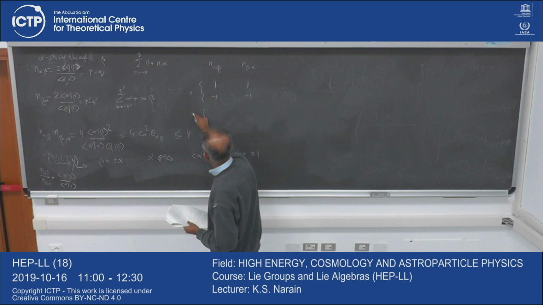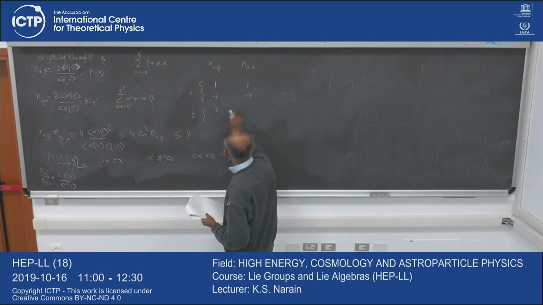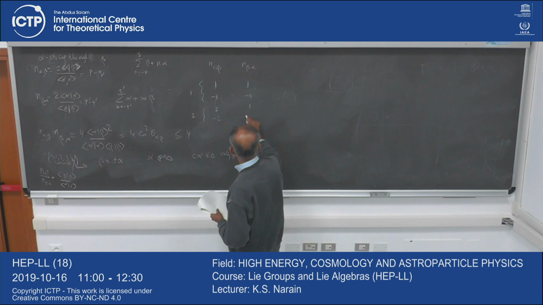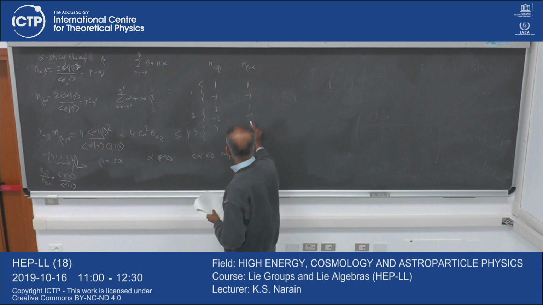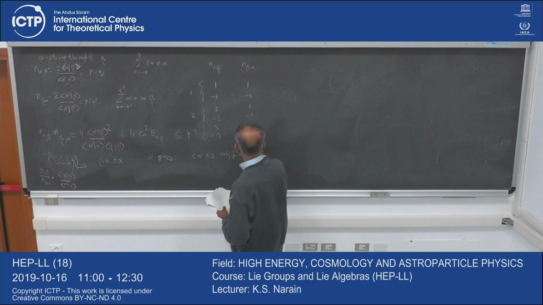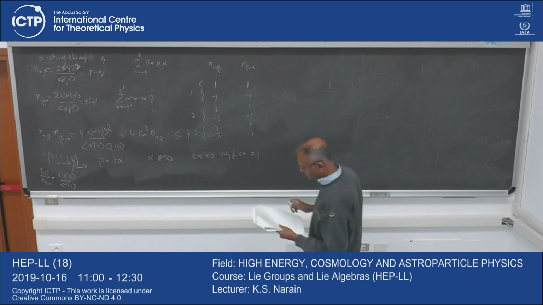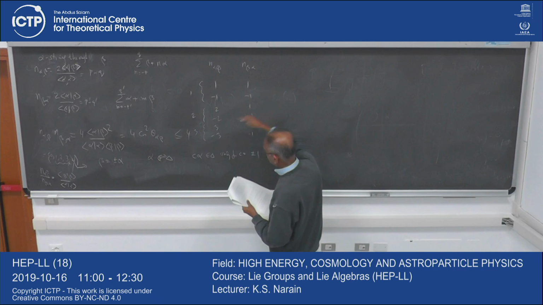Then we have possibility 2. In that case, again, 2, 1, minus 2, minus 1, and finally 3. So you have 3, 1, and minus 3, minus 1. These are the possibilities. And then we saw from this relation,